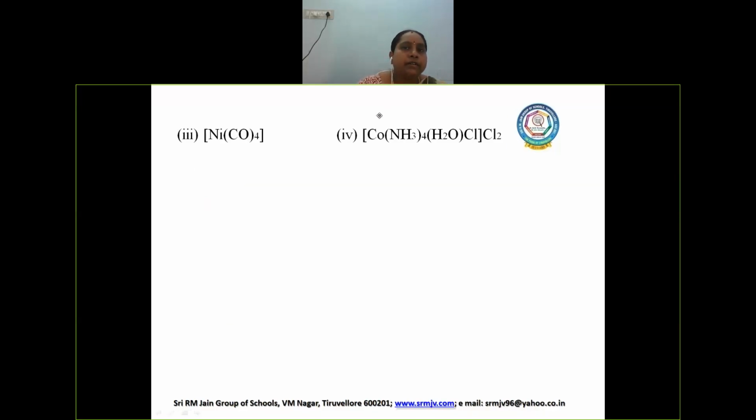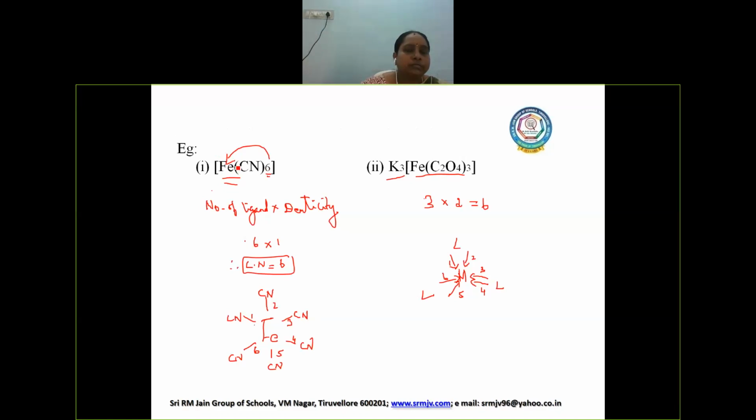Right. And here we have two other examples. Okay. And that third example shows a nickel complex. So in this complex, carbonyl is the ligand, and there are 4 carbonyl groups attached to the central metal atom. Okay. So the number of ligands is 4, and what is the denticity? In the carbonyl group, oxygen being the what? Donor site. Good. Okay. So that is 4 into